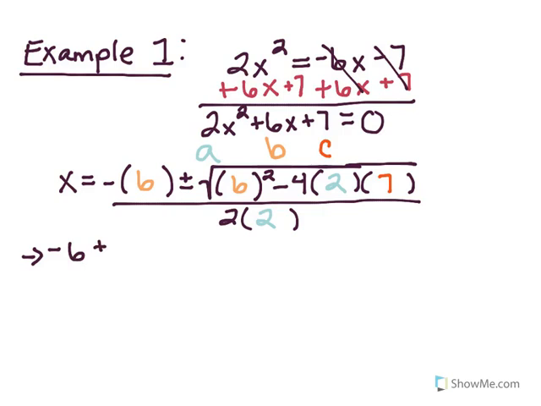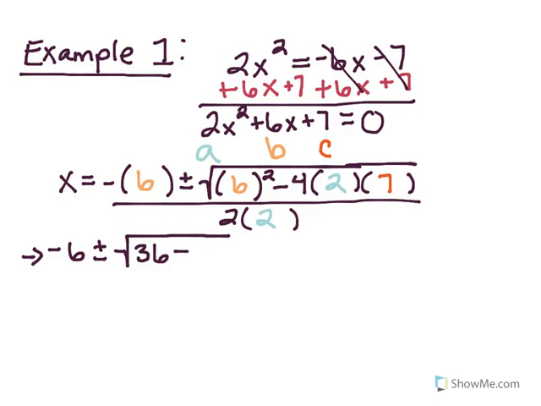The plus or minus will stay, and the way that I do this under the radical is I do it in two parts. I'll do the squaring part as one of my parts, and then I'll multiply out my 4 times its a times its c. So the 6 squared is 36